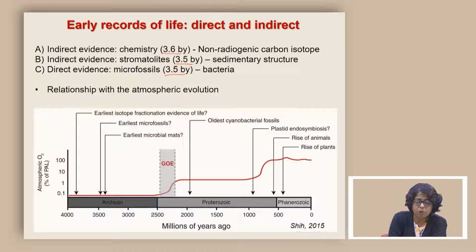But one thing is important to recognize, that during Archean, all the evidence is telling us that the oxygen concentration was very low. This is important to keep in mind because we are going to talk about life, and often we associate life with proliferation of oxygen. We think that life requires oxygen, but looking at the Archean record, it's quite clear that the Archean didn't have enough oxygen, but it had life.